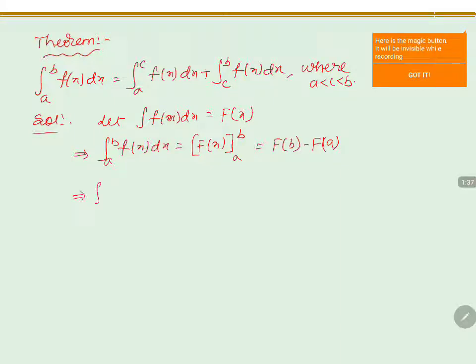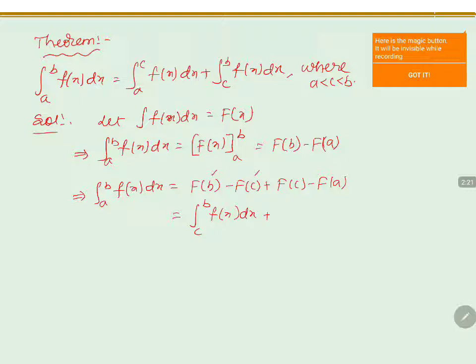Now, integral a to b f of x dx is equal to, in between F of b and F of a, we are going to subtract one F of c and add one F of c. That is F of b minus F of c plus F of c minus F of a. Now, this can be written as integral a to b f of x. We can write F of b minus F of c as integral with upper limit b and lower limit c, that is c to b f of x dx,